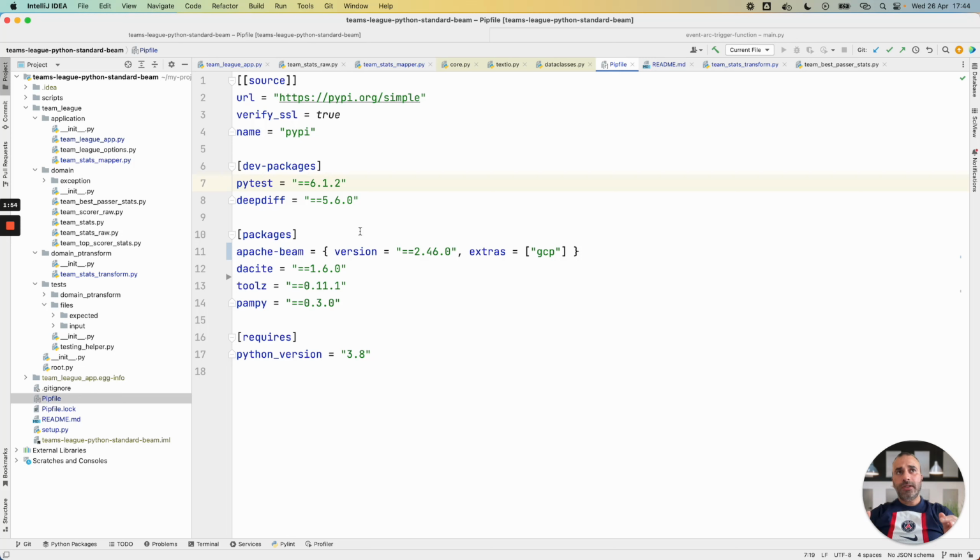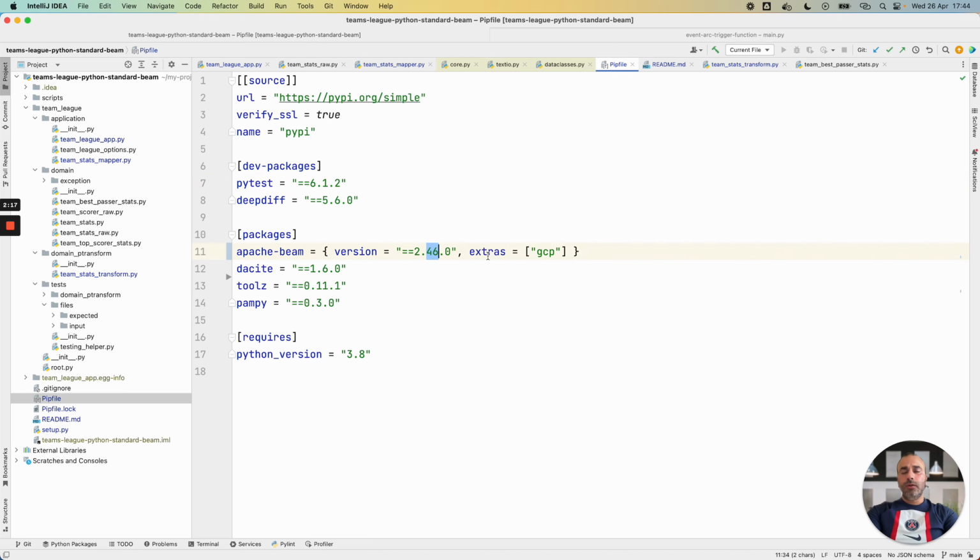I also need to create a virtual env from my local project. This virtual env is created with a tool called pipenv. I list in pipenv all the needed packages to work on my Apache Beam project.